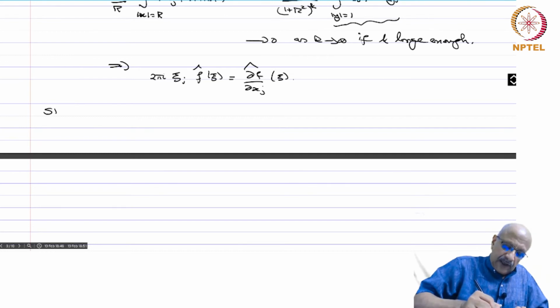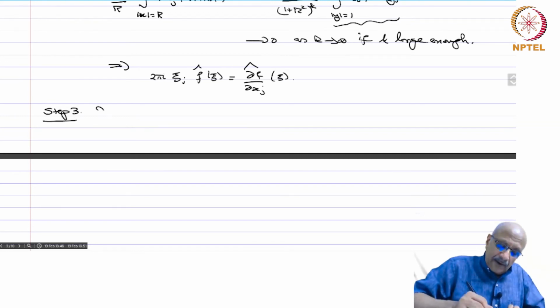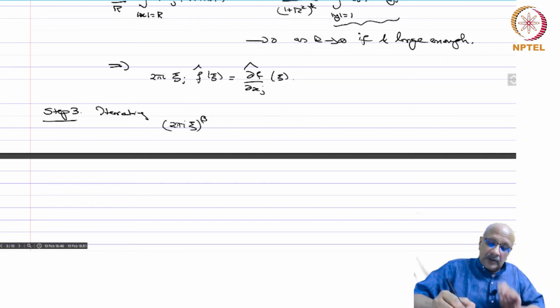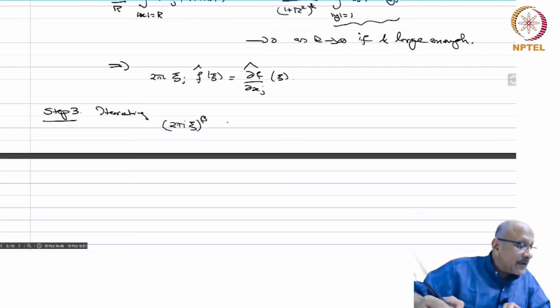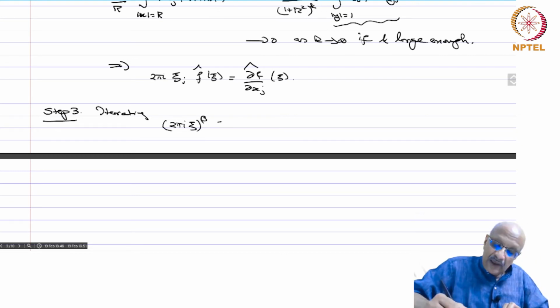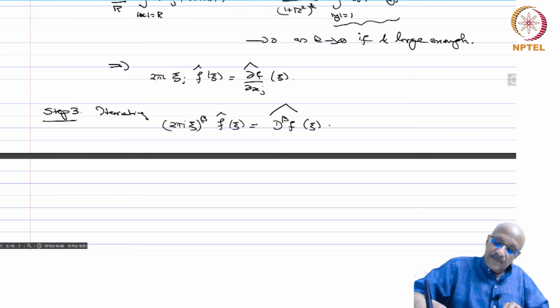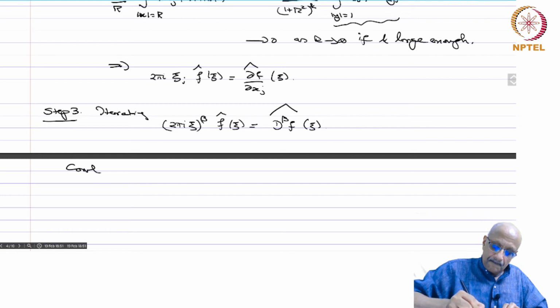So step 3. Iterating, we get (2 pi i xi)^beta. So each time you have to put the monomial and the 2 pi i. So (2 pi i xi)^beta f hat(xi) is equal to the Fourier transform of d^beta f at xi. Okay. So combining this with step 1,